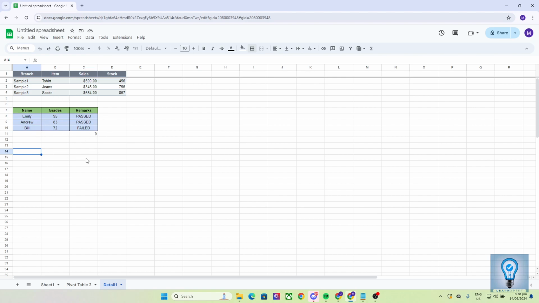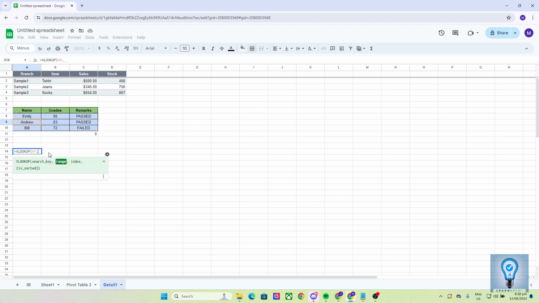Now, to use the VLOOKUP function, as always when you are using a function, please always use the equal sign in front of the function, because this is what will determine that we are trying to use a function and not anything else. Once you have put that equal sign, go ahead and type in VLOOKUP, like so, and put a parenthesis. Now, as we want to look up Andrew's grades, click on Andrew's name, just like so, put